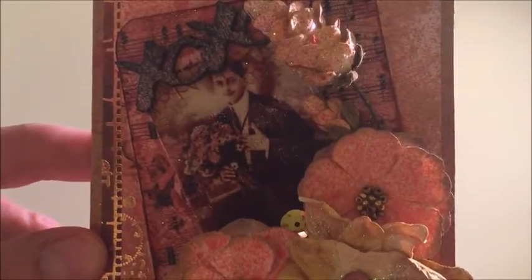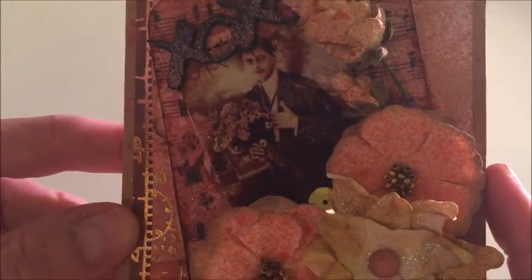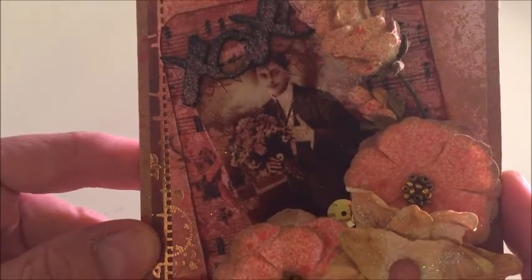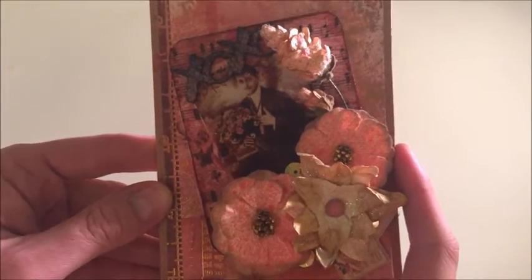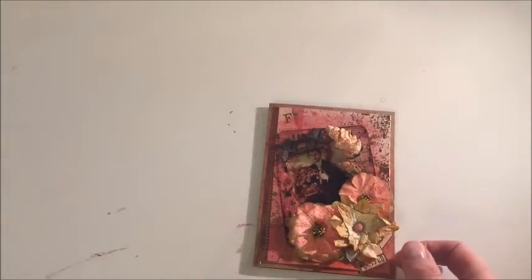I get a lot of requests for cards with men, and it's hard to find cards that have men on them that aren't completely silly. And this is kind of silly. It really is, but it's also really fun and it's pretty. I mean, I love it. So anyway, this again is from Calico Collage, and let me show you